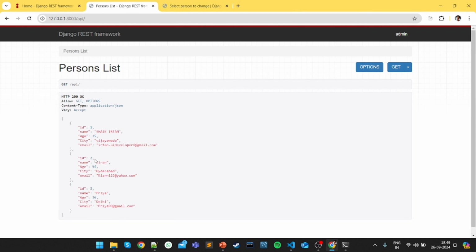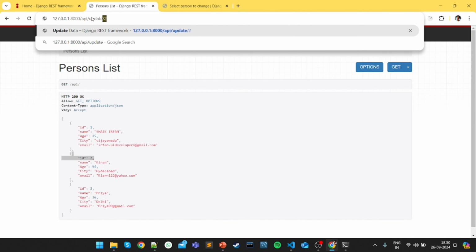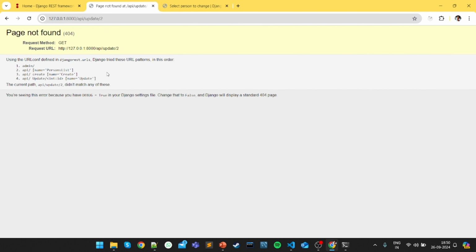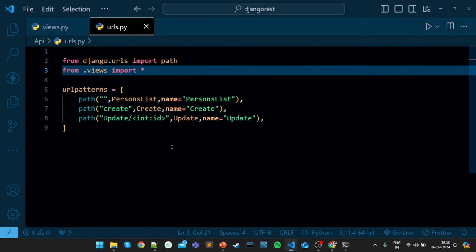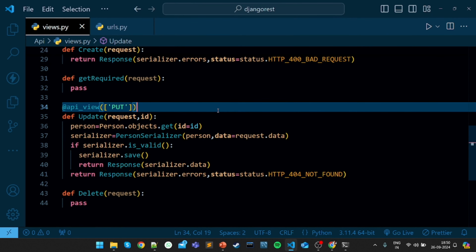Currently we have three IDs, three persons. Now I want to change the city of Kiran from Hyderabad to Mumbai. The Kiran ID is 2. So let me say update slash 2. The current path API server will match any of these. Why? To say update, and inside the views,